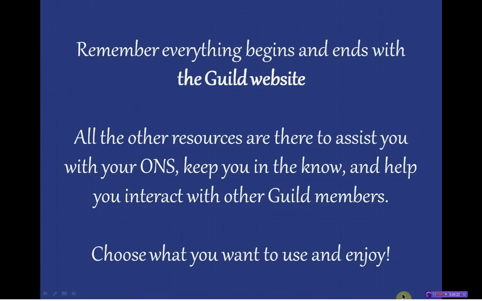And what I'd like everyone to keep in mind, as you'll notice when you've read all the emails and the concerns that people have, is everything begins and ends with the Guild website, as I said at the outset. All the other resources are there to assist you with your One Name study and with interacting with other Guild members and to kind of keep you in the know with what's going on. There's a variety of resources. We discussed them before, but the top ones are, in my opinion, the journal, the Guild newsletters,